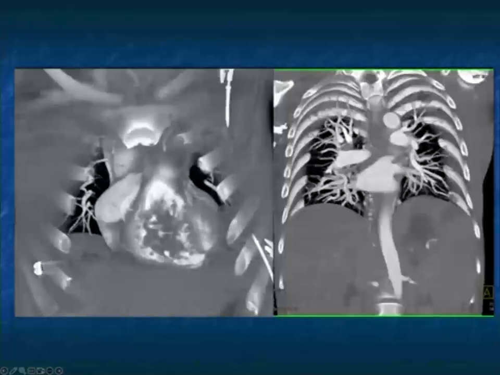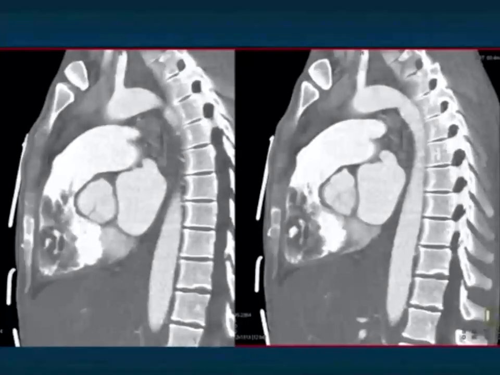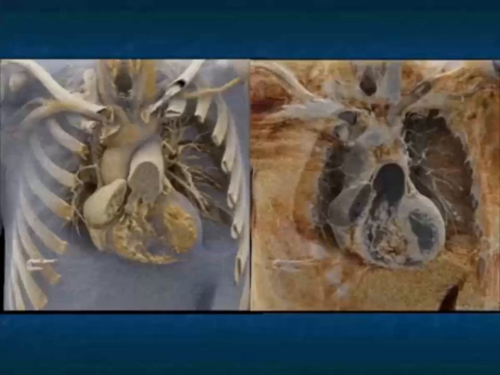Okay. And so what am I looking at? Look at the appearance of the trabeculae of the right ventricle. Look at the irregularity. Look at the mass effect. Should I be thinking tumor? That's the question I would ask. But look at this process extending up through the pulmonary